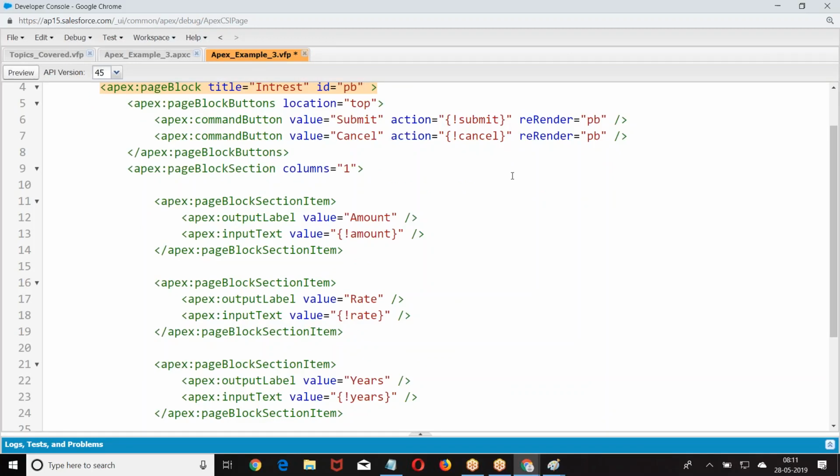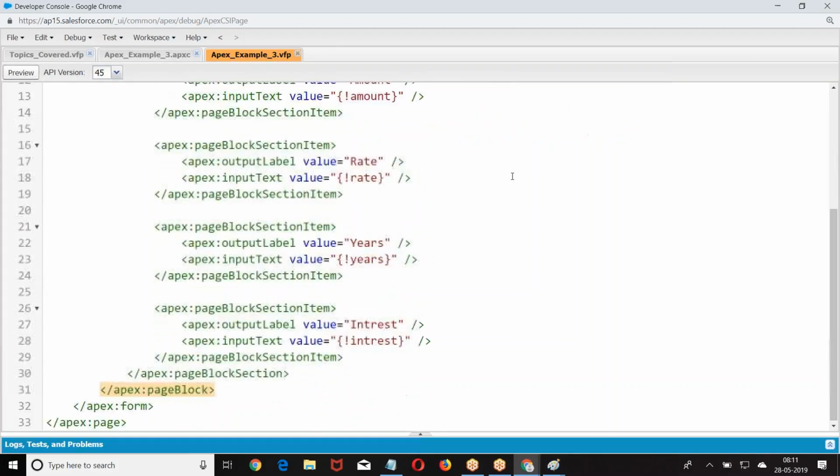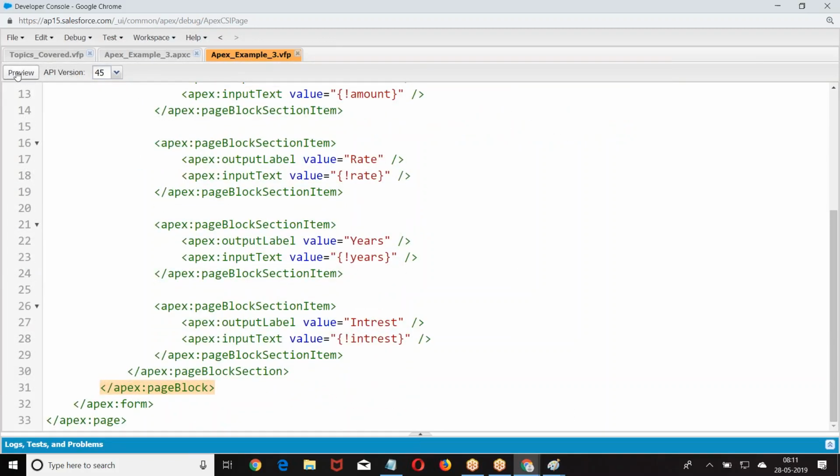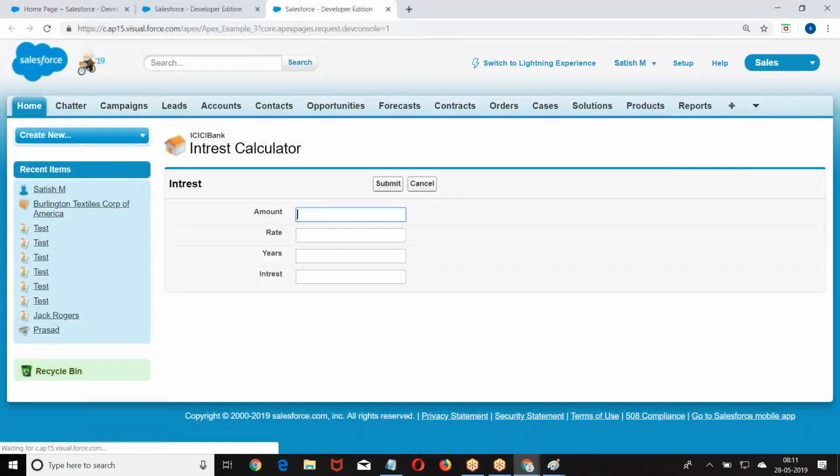Within the page block section we have page block section items. Look at this, page block buttons and page block section, and within that we have page block section items. Then we are going to have a preview of this. So this is how we have created it.